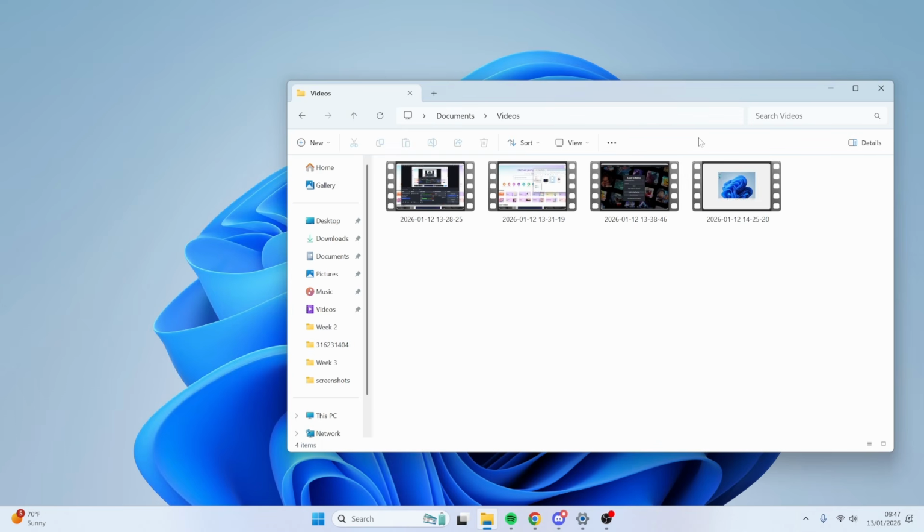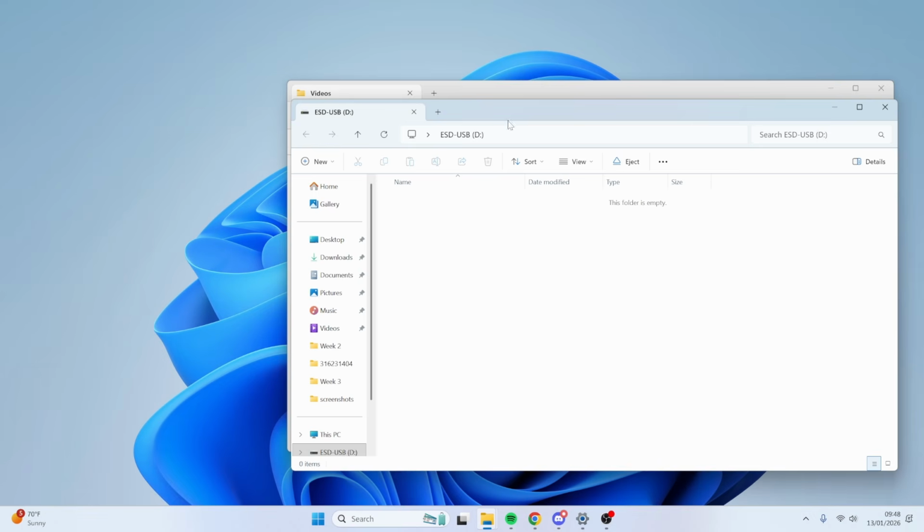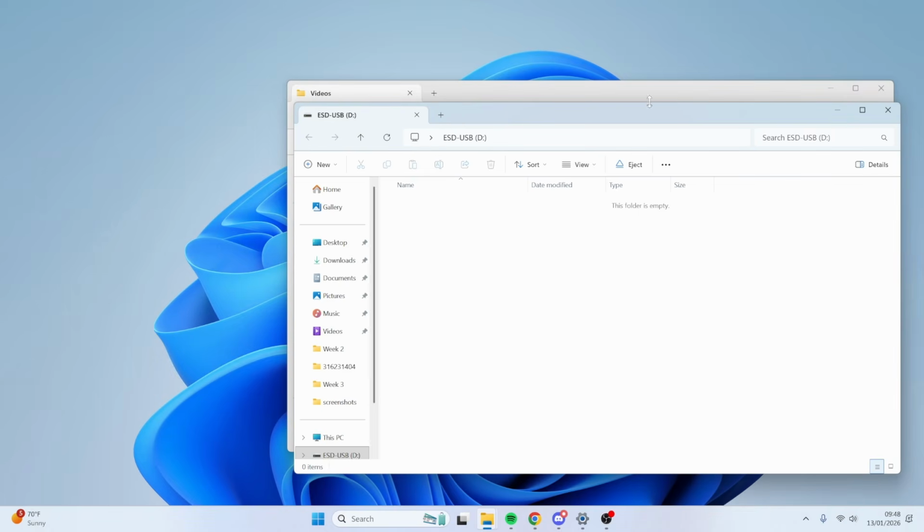In this video, I'll show you how you can save videos that are on your computer or laptop to a USB drive. So first, go ahead and plug your USB drive into your laptop or computer. Now once you've done that, Windows will probably recognize it and open up a File Explorer, showing you the contents